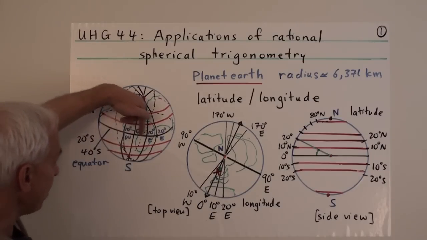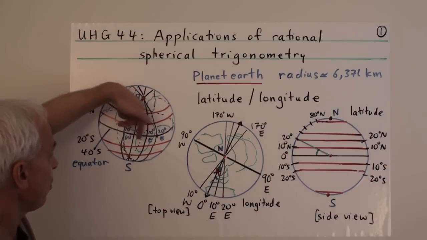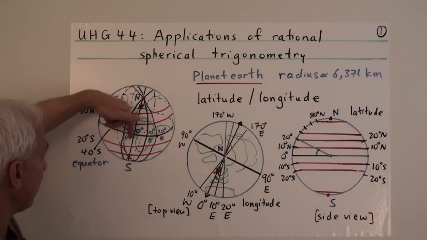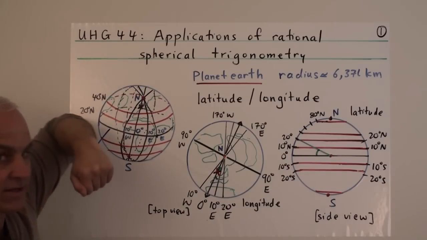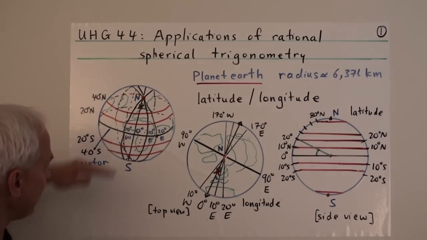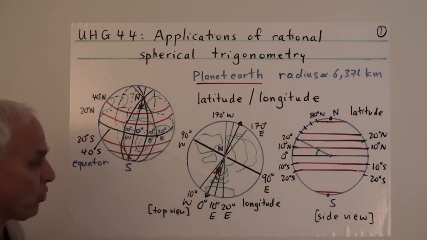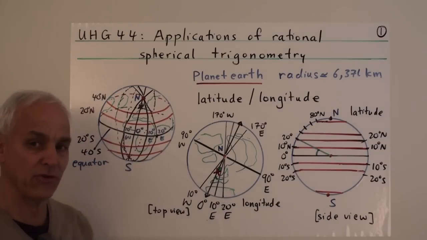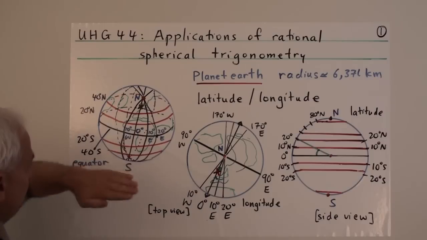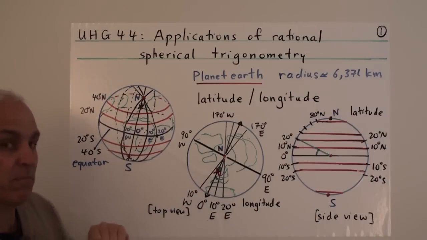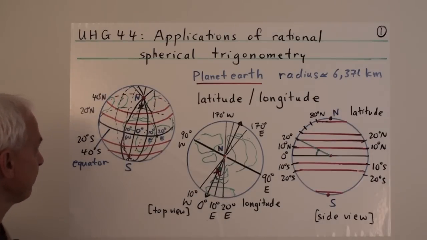So we measure longitude in this direction, say by 10-degree intervals or whatever, going all the way around to 180. That's in the east direction. And we can also measure in this direction, going west, up to also 180 degrees. Then, to tell us how far north or south we are, we look at these other kinds of circles, meridian circles, which are not great circles, but the circles that you get when you slice the sphere with planes parallel to the equator.